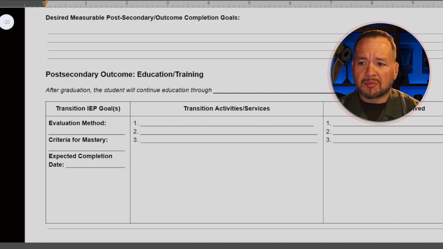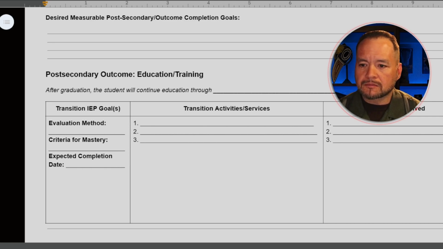These goals should build upon one another. So that means that the goals for 12th grade should be built on the completed goals from 11th grade. The goals from 11th grade should be built on the completed goals from the previous years. And so that way the document really is a living document, and there's actually some forward progress versus just making sure that there's a goal in there. We're not focused on compliance. We're focused on actually having results that bring us forward and get us more prepared for that transition from high school.